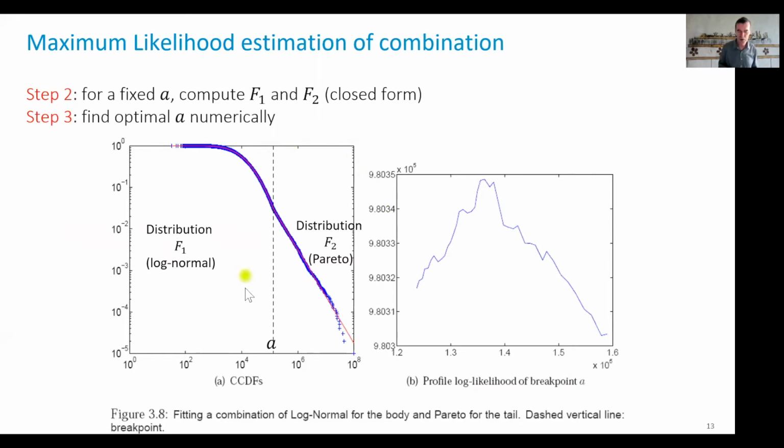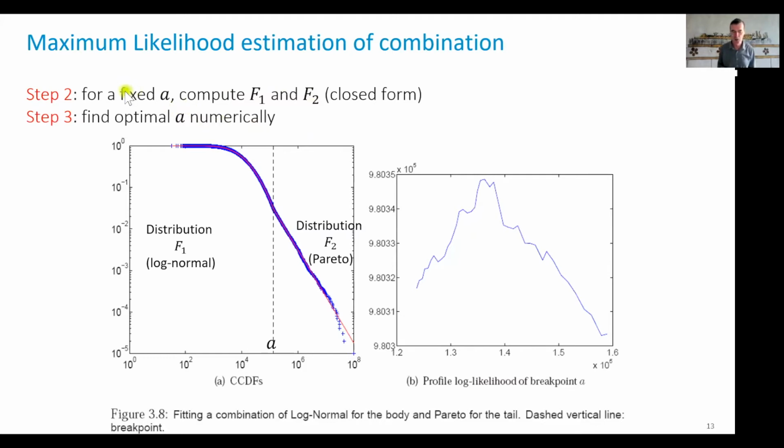Now, how do we find the threshold? Well, we had such a problem several times in this course when we had breakpoint models. Those are models that are very often given in the context, for example, of real-time system modeling, where we want to model in real time what happens. We have seen breakpoints for modeling the congestion collapse in Joe's Wi-Fi shop, for example. So the method here consisted in estimating everything, assuming the breakpoint A is known.